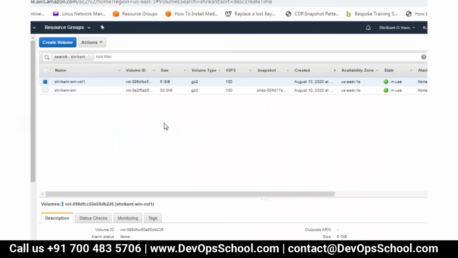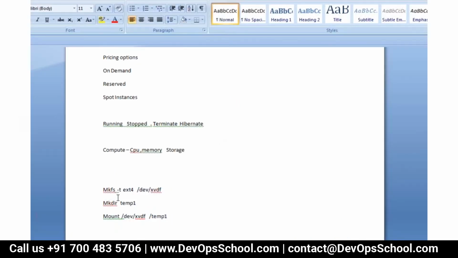Fine. So I think hopefully everybody got it. Which one? This one? What was it, ext4? Ping us in the chat. Yeah, mkfs -t. mkfs is the make file system command, and there are various file system types. So in Windows it is NTFS. Similarly in Linux it is ext4, ext3, ext2. There are various types of file systems. So that type is there, and the device name.